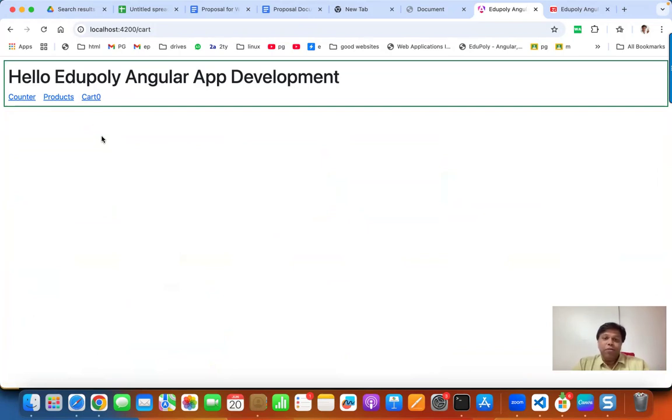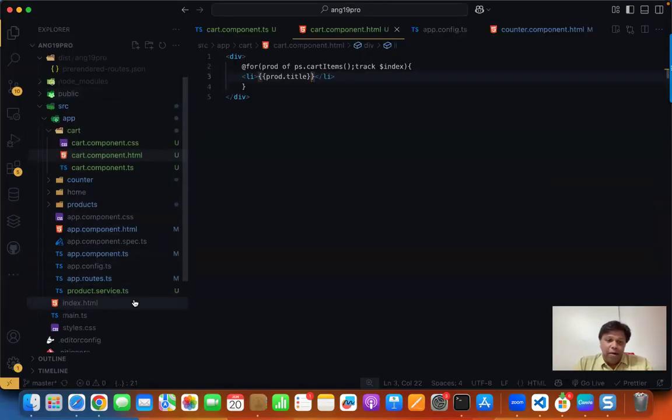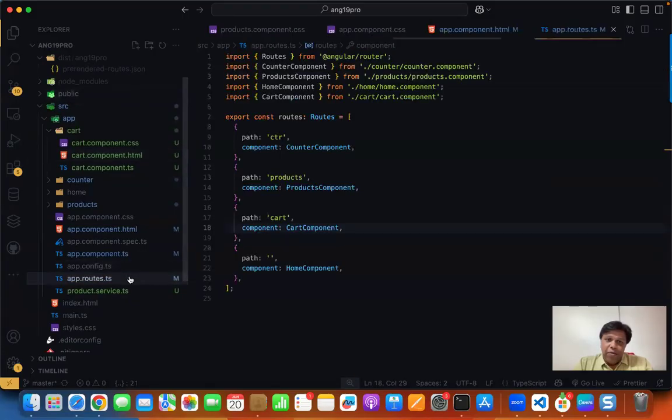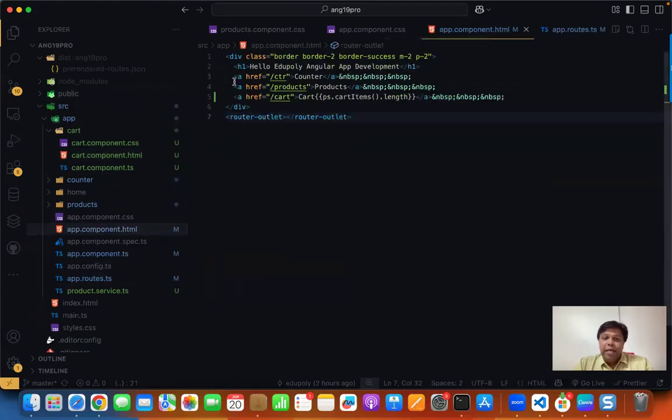So this reloading should be stopped. So that is why we are using routing. But you must be surprised, already we have configured the routing, right? What's the problem? Yeah, the problem is these anchor tags are still using href. So the default nature of the anchor tag with href is reloading the page. So how to avoid the reloading? That is the challenge now. How to avoid the reloading? So to avoid the reloading, first of all, we have to use a